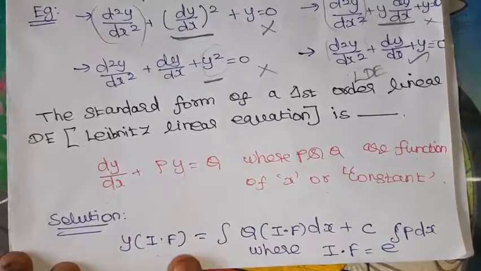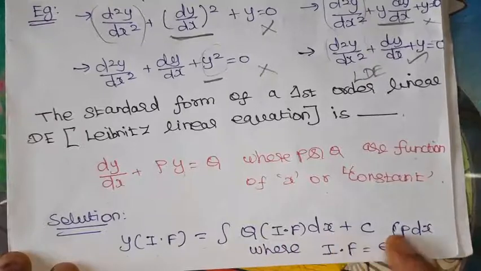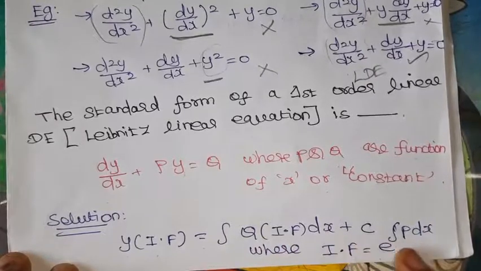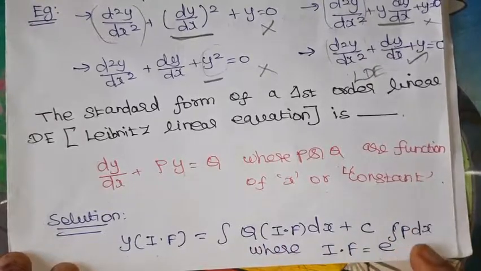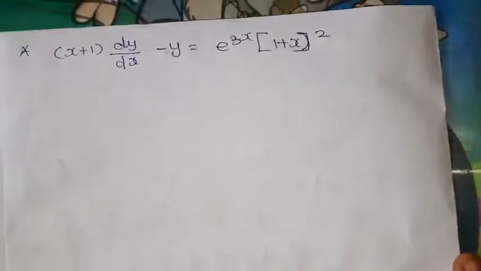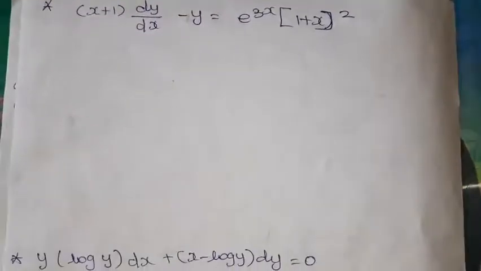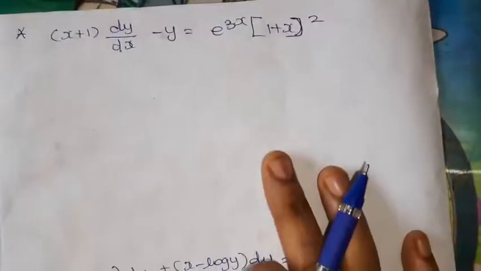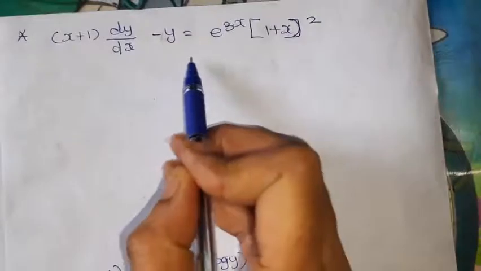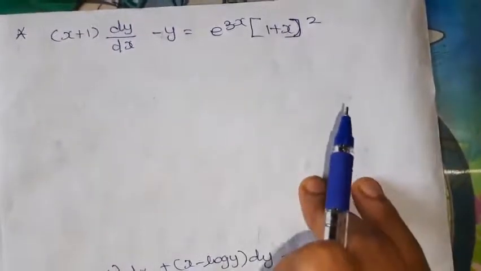What is the solution? Y into integration factor equals integral of Q into integration factor dx plus C. What is the integration factor? E power integral P dx. So, we will solve problems of this type based on this and we will get some idea. Okay, this is the problem. What is given? (x plus 1) dy by dx minus y equals e power 3x into (1 plus x) the whole